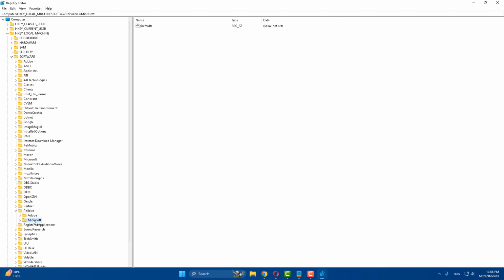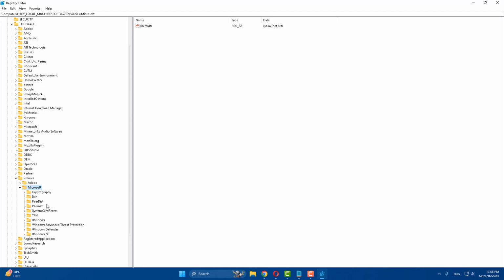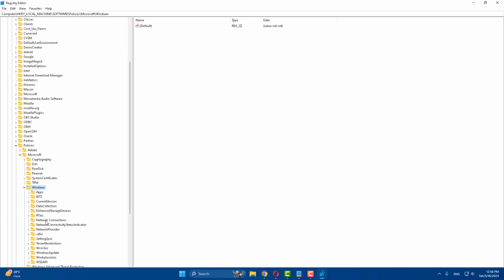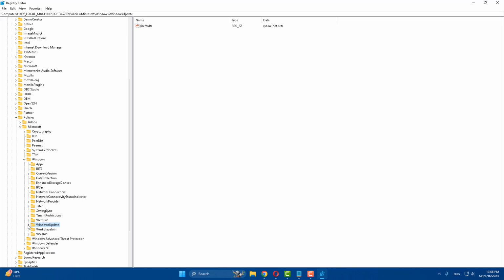Select Microsoft and expand it. Scroll down, and after doing this, find Windows and expand it. After doing this, select Windows Update and expand it. Select AU, and after doing this step,